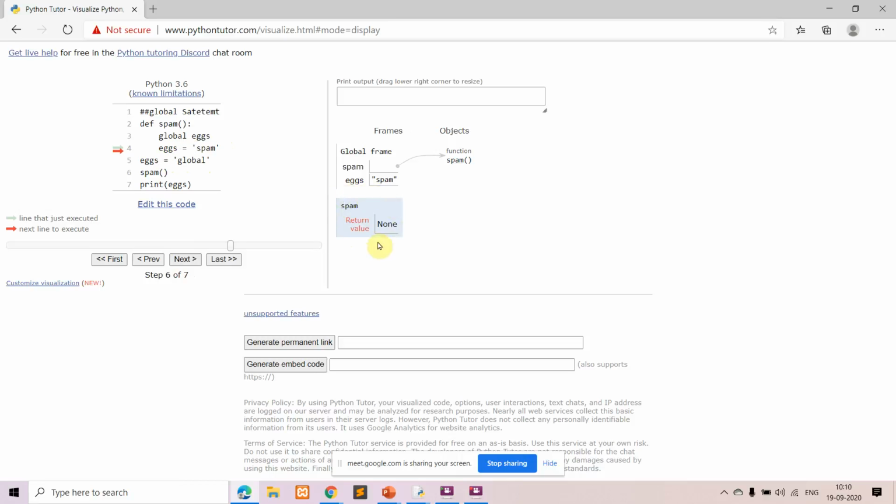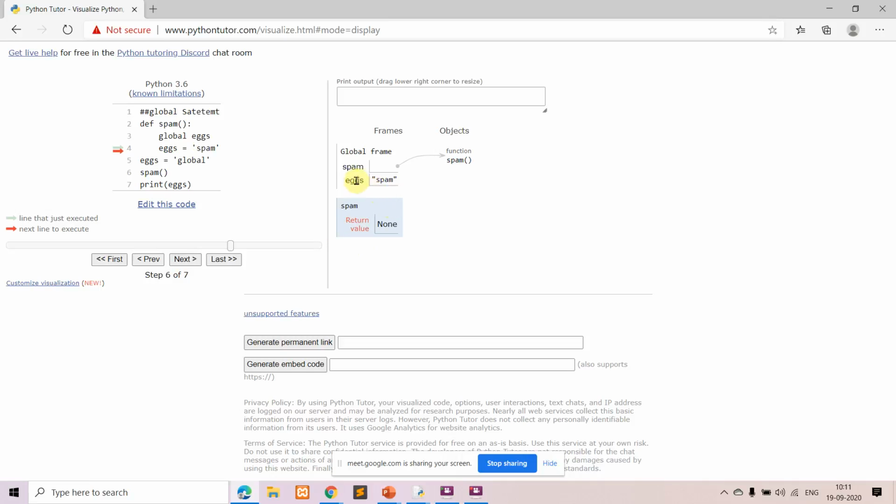Otherwise, what would have happened is that there would be one x in the global scope and another x local to the function. You can just come backwards and see here. During the global scope, x has the value global. But now, since you have given global x, a local variable x is not created.